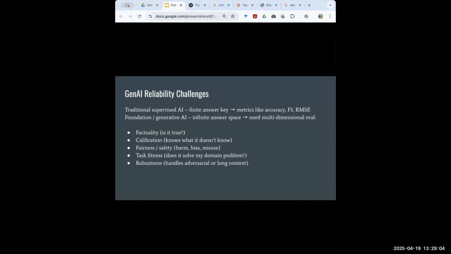Sometimes this can be tuned from the prompt. You can ask it to generate answers with high confidence. The problem is that not all users actually know how to do it. And the less users know how to do it, the more error prone they are to the mistakes of the models. And then we have the concerns of fairness, safety, and then we have this concept called